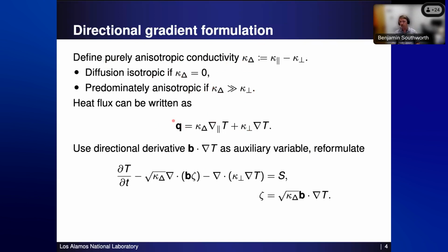And so then instead of using the heat flux as an auxiliary variable, we actually use a directional gradient. So it's v dot grad T scaled by the anisotropic conductivity. This ends up being our auxiliary variable. And so then this is the kind of continuous form of the equations. We have a first order form for the anisotropic component, so here and here. And then we have a second order form for the isotropic diffusion. And this is kind of separating off the difficult part from the part that we know how to solve. Everybody can solve isotropic diffusion from a discretization and solver perspective.